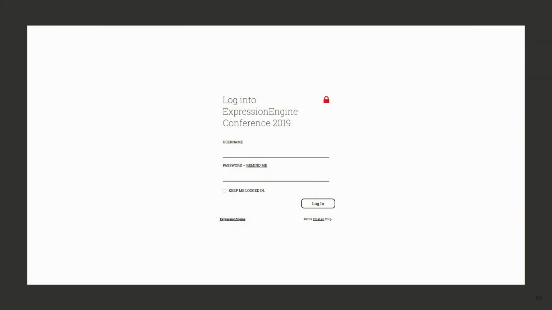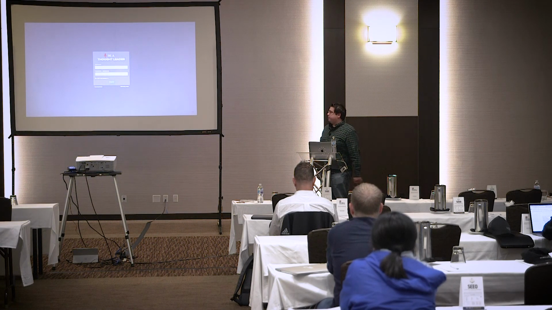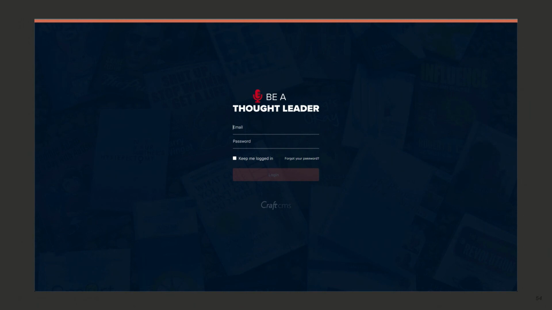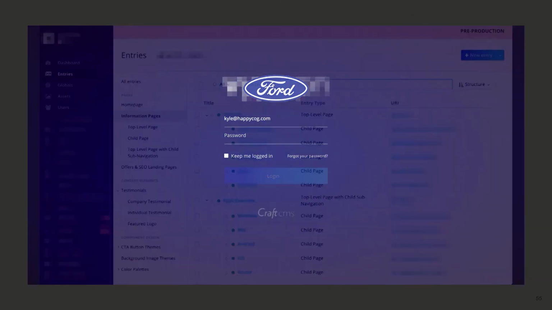Even if we don't want to go that complex, we can do some style adjustments. This was a demo site I created. We'll look at this a little bit more, but have a different aesthetic that really fits into the brand of the particular client. Here's another example site with the logo for a different project that fits their aesthetic. And then you can do the same thing with Craft as well. Custom branded login screens, swapped out some logos for NDA purposes.